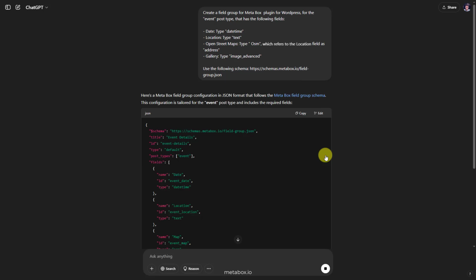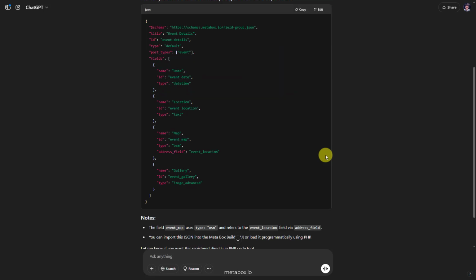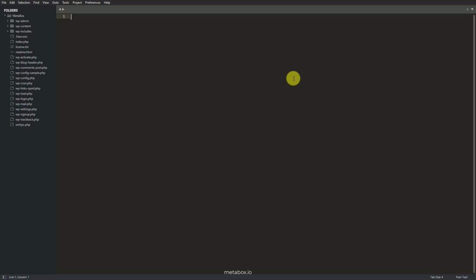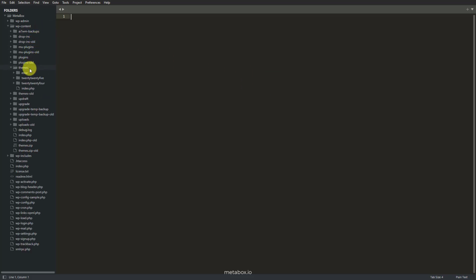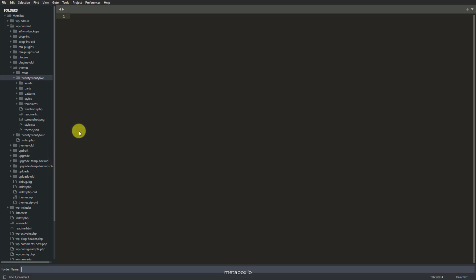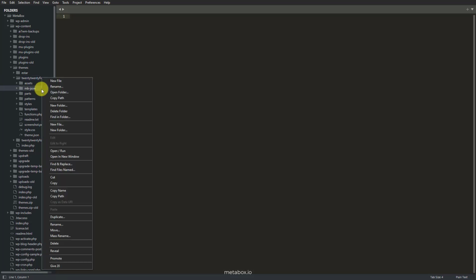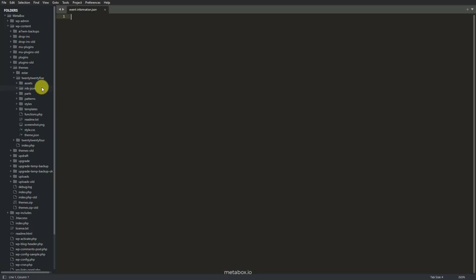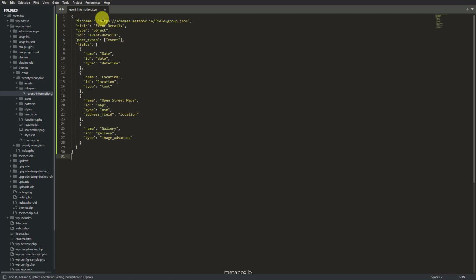Then, a MetaBox field group configuration will be generated following the MetaBox format. It's the same as registering a field group using code. Copy it. Now, go to a code editor, create a MB.json folder in your theme, and paste that code into a new file. That's a JSON file. To have the UI of this field group, just use the local JSON feature to sync